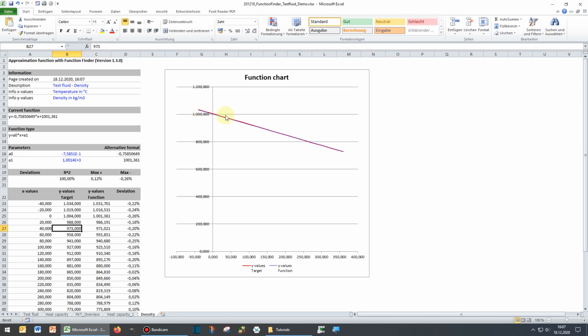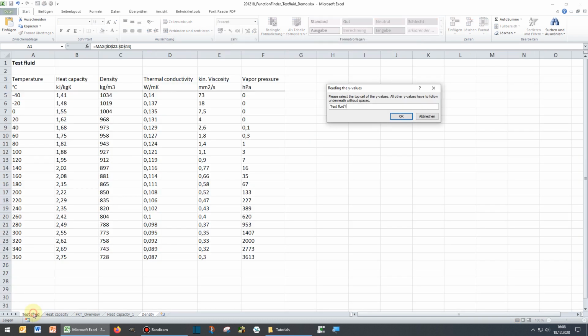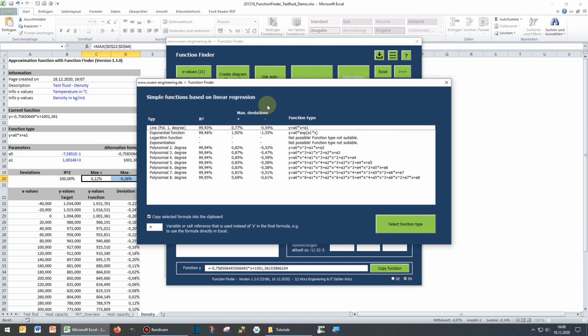So this looks much better, so I guess this is simply wrong in the original data, and you see that the line fits perfectly as the size of deviation has decreased significantly. So we're done with the density. We go on. We go for the thermal conductivity. We simply read in the new values, use auto functions, and